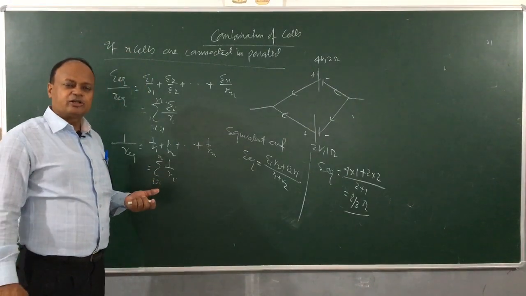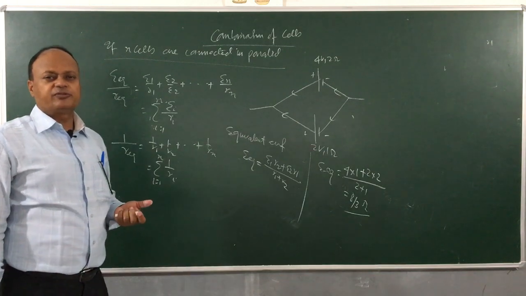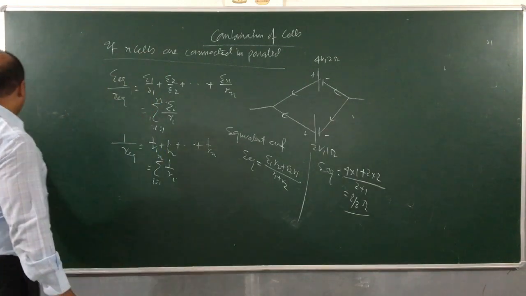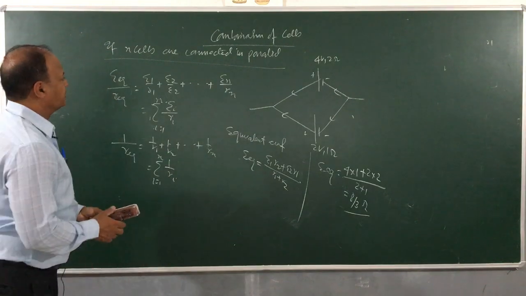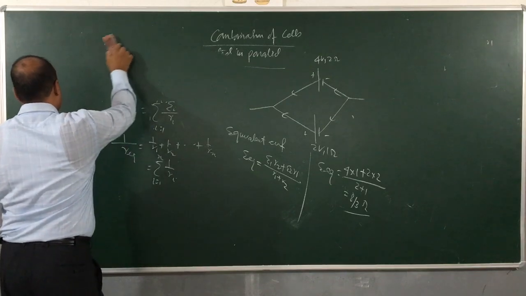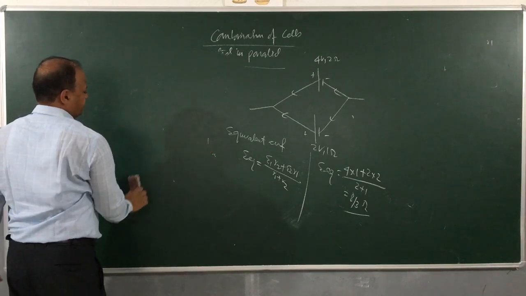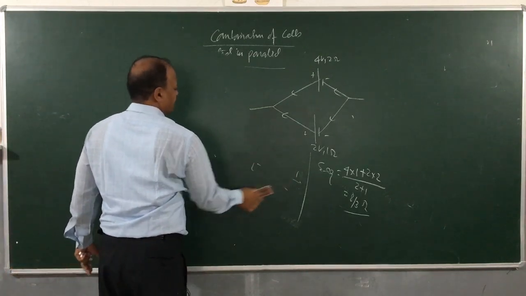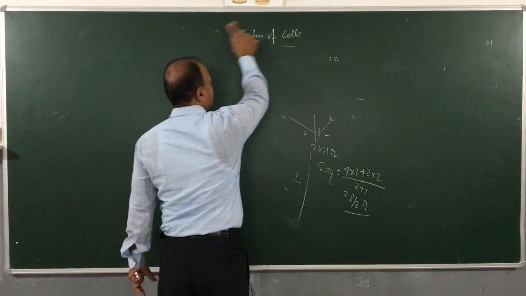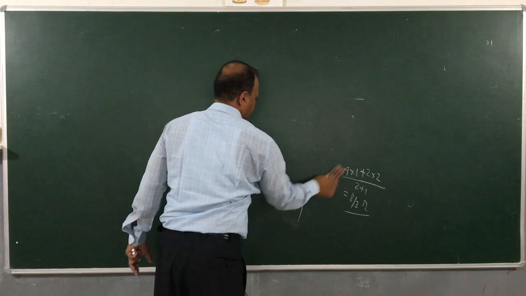So, in this discussion, children, we have come across the series as well as parallel combination of cells. Study this properly. Now, we will be discussing the next topic, which comes into our day-to-day lives very often. We come across this phenomenon, that is the heating effect of current. Let us understand what exactly is the heating effect of current.